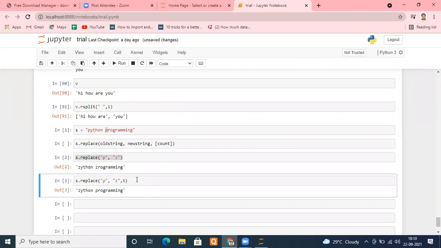Yes, please tell me. Sir, how to replace Z for P in programming rather than Python? It cannot be done directly. You can do it a different way. There's a different option for doing that. If you have studied index properly, you must understand that. See the index properly and you will be able to do that. No issue with that at all.